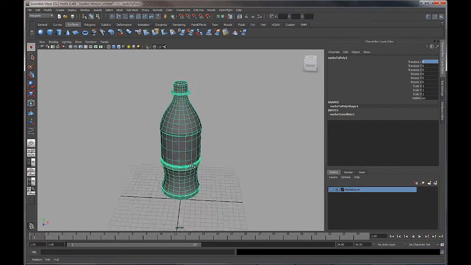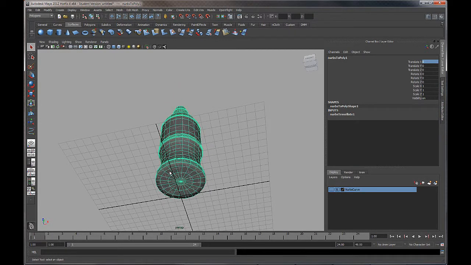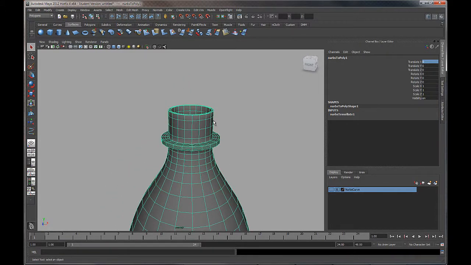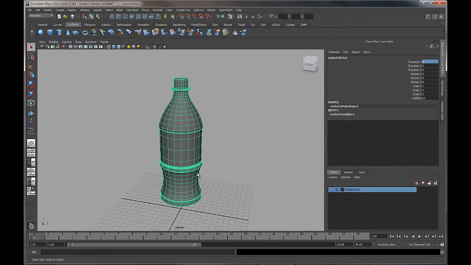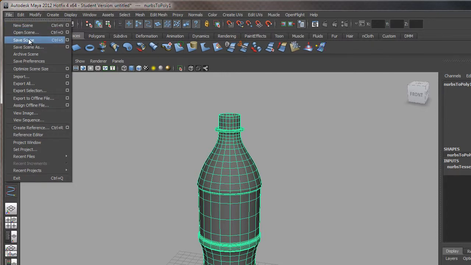In the coming videos, what we're going to do is change the shape of this a little bit. First of all, we'll create the bottom section of the bottle and get those bumps going, or the little feet. Then we're going to come up to the top here and create a thread on the neck, just here. We're also going to create a cap to go over the top of the opening. So I'm going to save this file right now, and then we'll progress to the next video. So we'll go to File, Save Scene, just here,